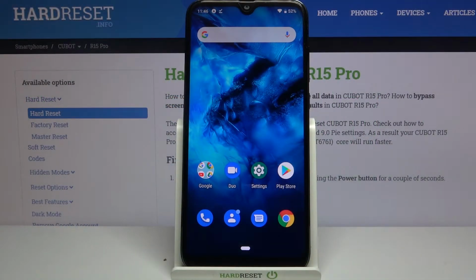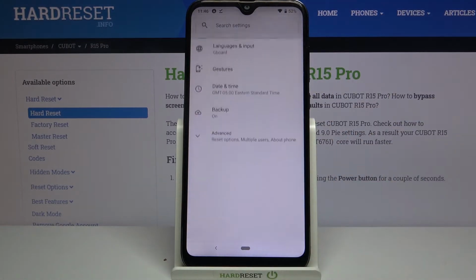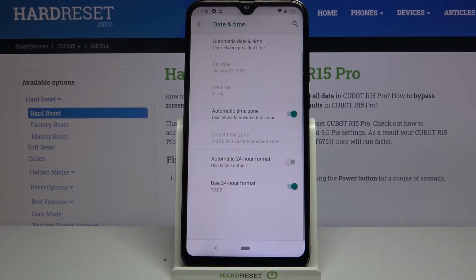Hi everyone, here we've got CUBOT R15 Pro, and let me share with you how to change date and time on this device. So first of all, let's open the settings, and now you have to scroll down to the very bottom and tap on System. Now on the third position we've got date and time, so let's enter,